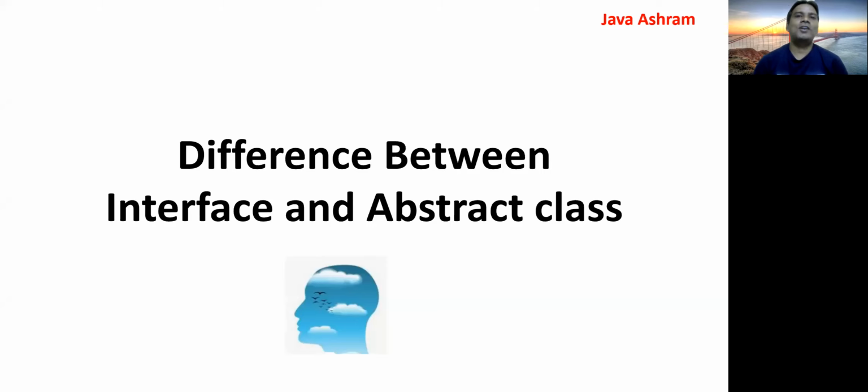So in this session, we are going to learn about the difference between interface and the abstract class. Moreover, we'll learn about the use case of the abstract class and interface. We'll see when you should go with the abstract class and when you should go with interface. I will not only give the theoretical session, but also a practical session in Eclipse where you can correlate between the interfaces and the abstract class. Okay, so let's start.